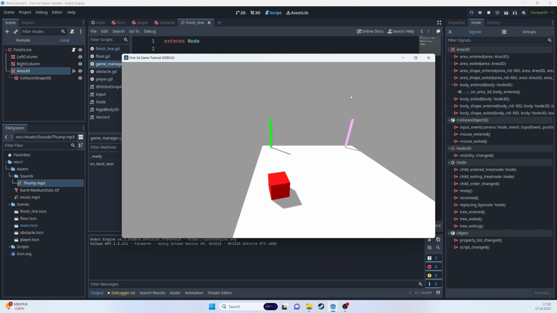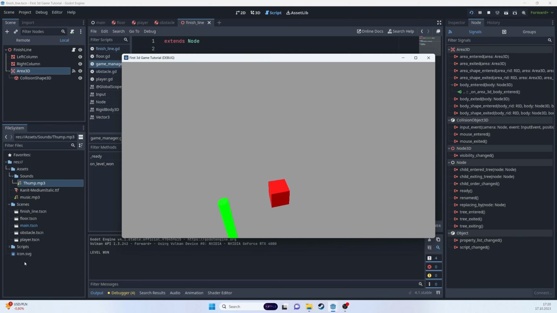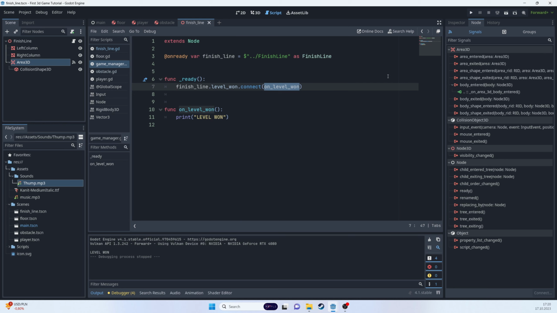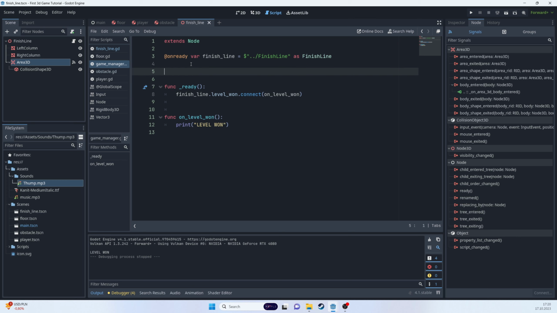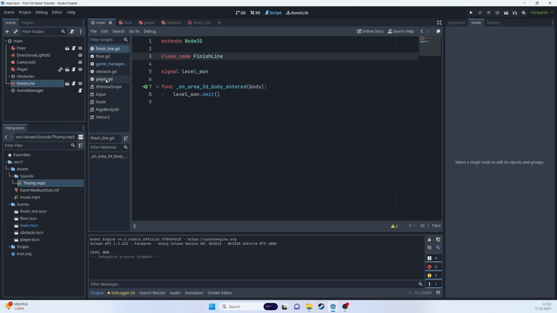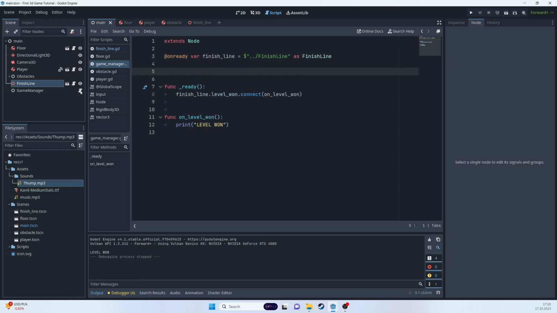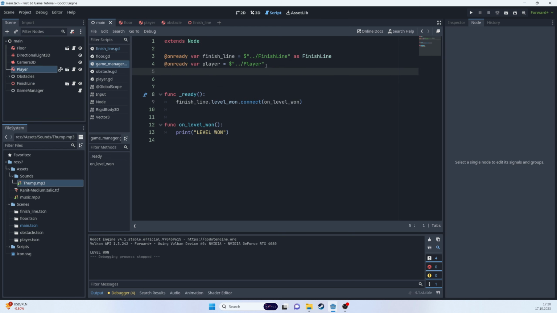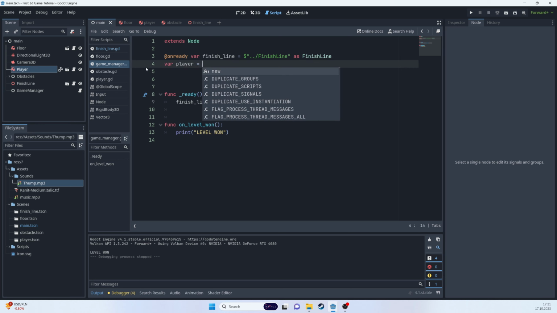So let's see. We're going to finish line and we have level 1. Perfect. We can now do some stuff with, for example, our player. So let's get the reference to our player. And we can do this by going to main. And here I can also drag and drop the player, or alternatively, I could get reference to a player